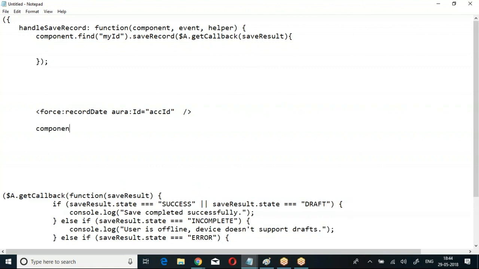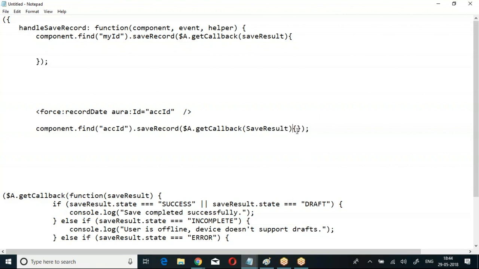Component.find ACCID.saveRecord. First, saveRecord. After saving the record, I want to get the callback. $A.getCallback. So when you say get a callback, it may be success or